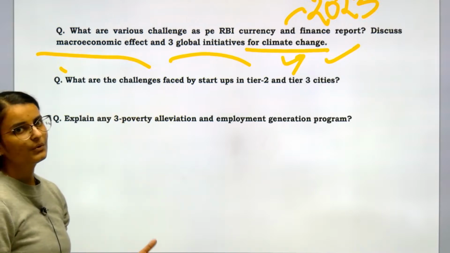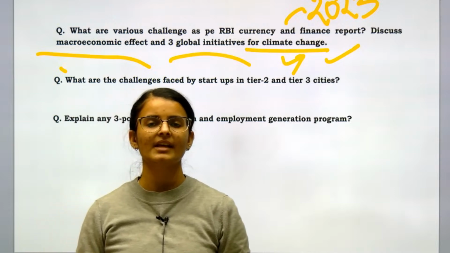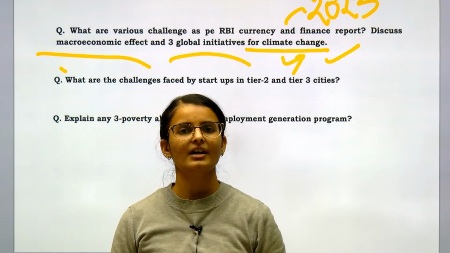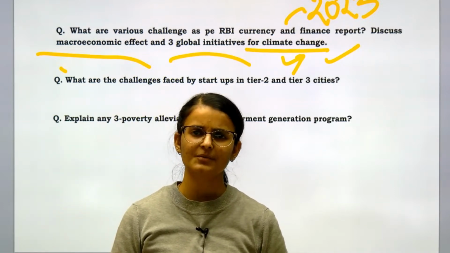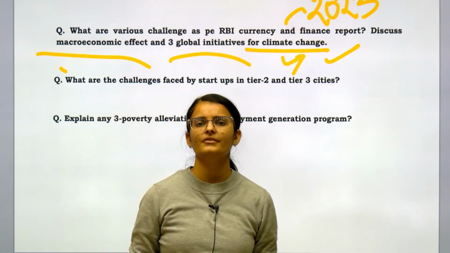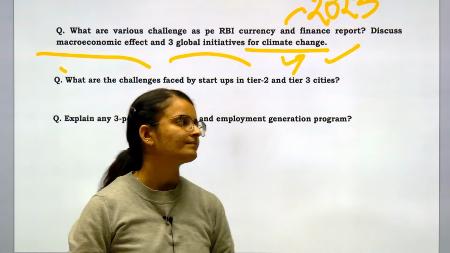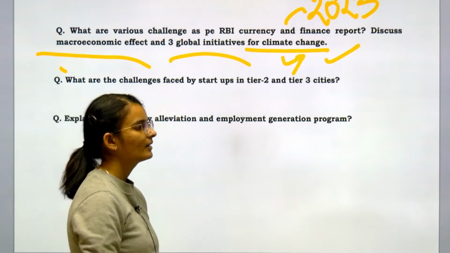So I've told you, you have to be very clear with the terms macro and micro. These are static terms. That's why I've told you that your static part is also important. If you don't know the difference between macro and micro and you're just blindly following current affairs and PIB and schemes, then what will you write in this question? Right?